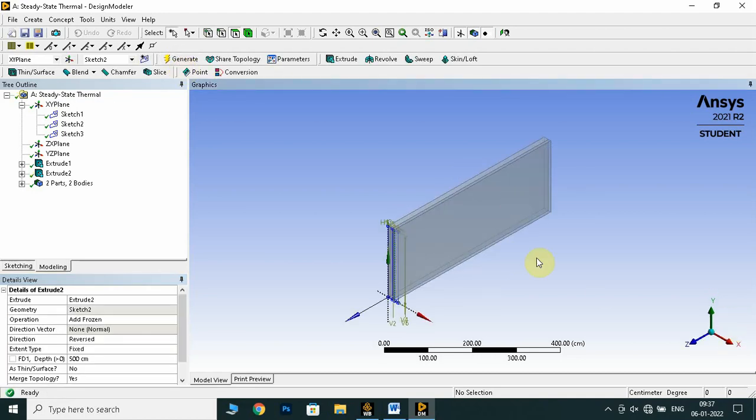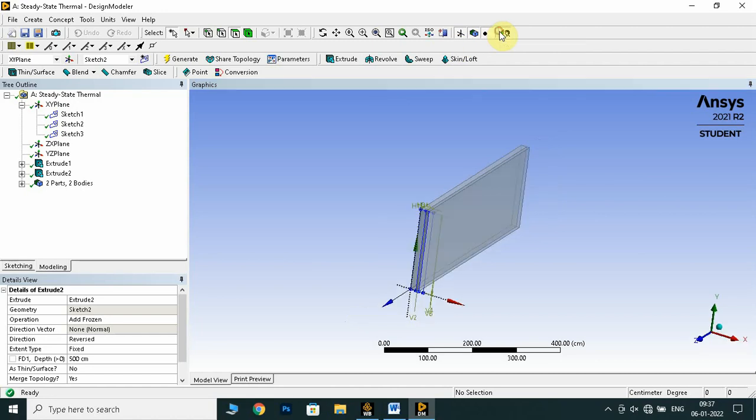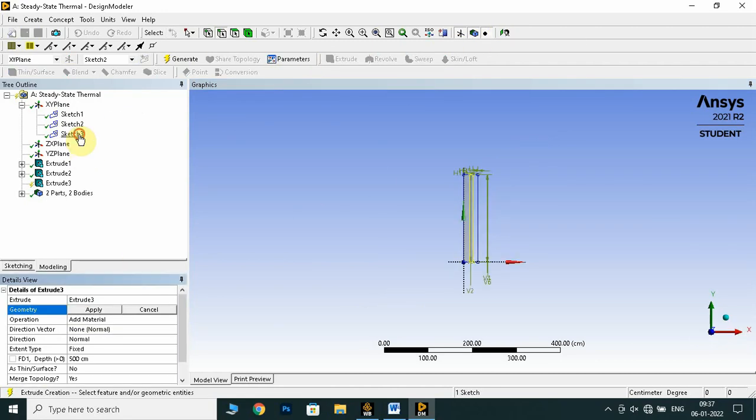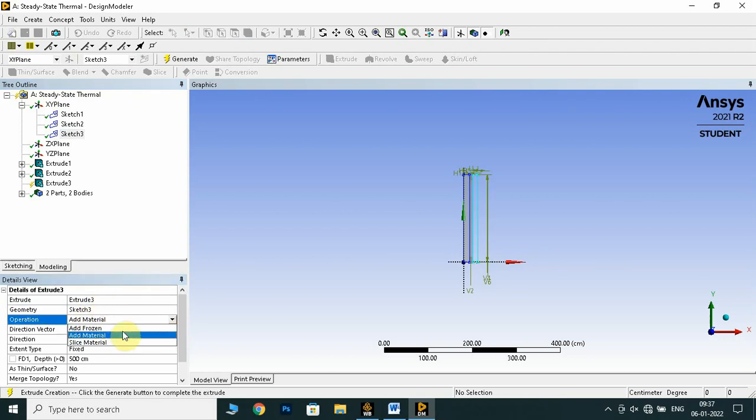So isometric view, yeah, that's good. And again, extrude, select sketch 3, apply, add material to add frozen, direction reverse, and 500 centimeters fixed. So okay, generate.